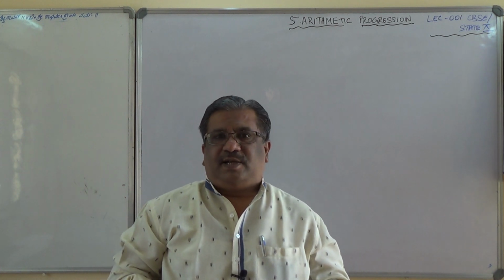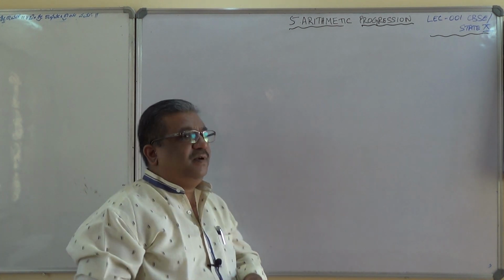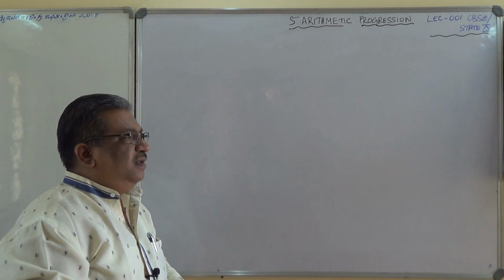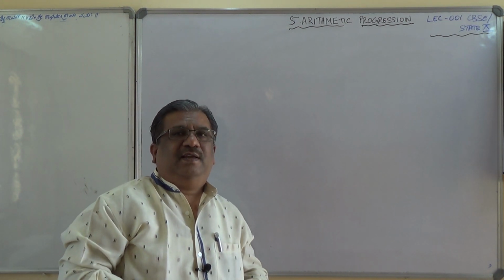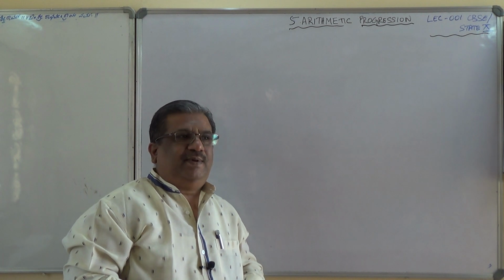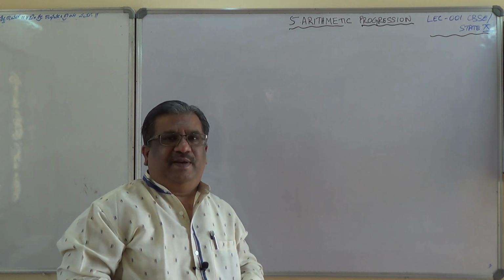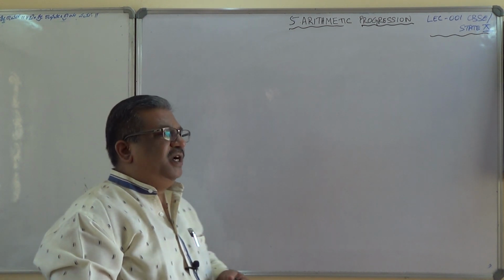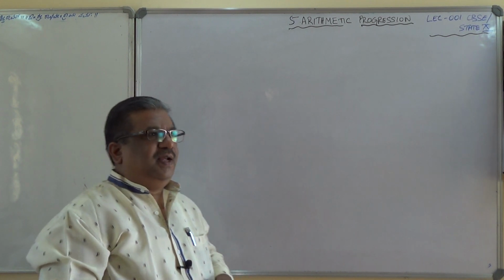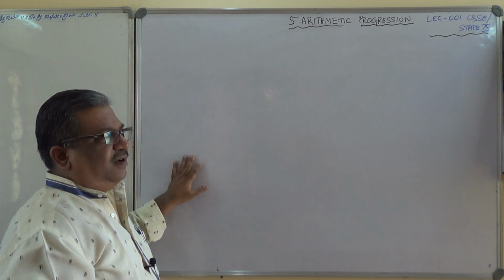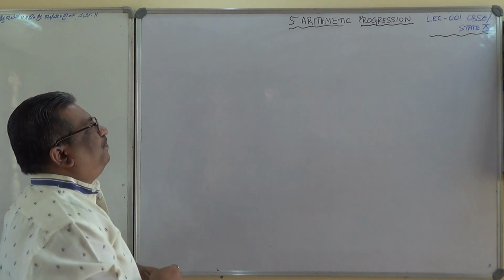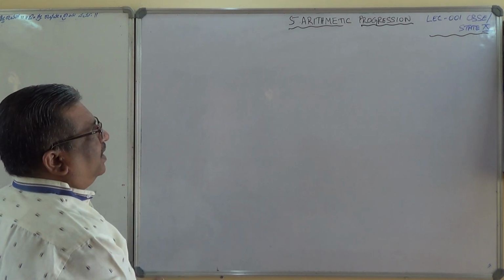Let us start chapter number 5, arithmetic progressions. This chapter is relatively difficult, easy if you solve many numericals. Otherwise, relatively it appears to be difficult. There are many word numericals also which you can find in this one. That way simple, not much of a problem, but the thing is the conceptual understanding is most important. So let us start with arithmetic progression.